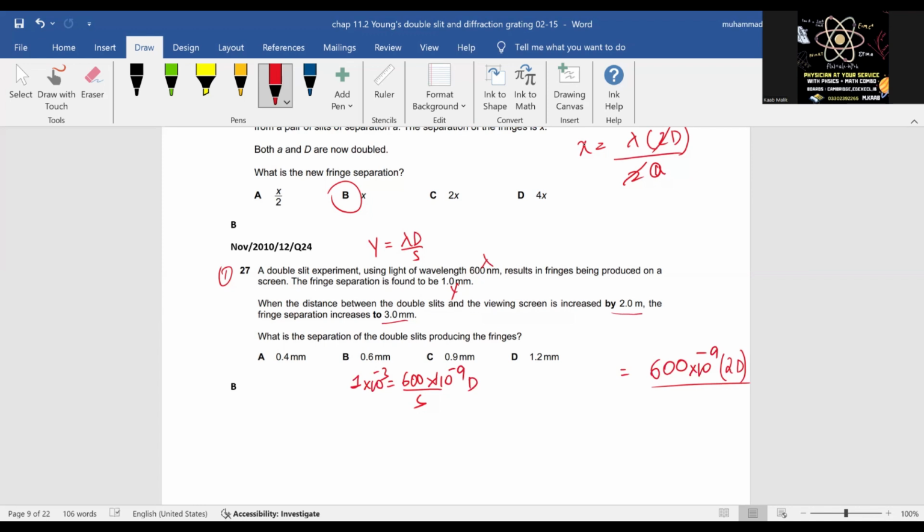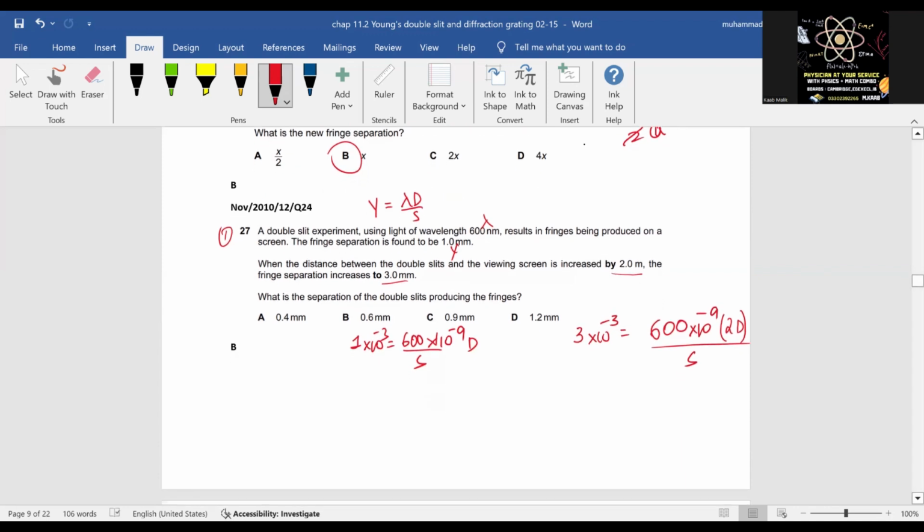The fringe spacing increases to 3 millimeter. So this becomes 3 exponent -3. What is the separation of the double slit? Okay, so सबसे पहले तो separation of double slit तो सेम ही रहेगी, तो सबसे पहले तो हम D निकाल लेते हैं, फिर वहां से ही निकल जाएगा। Let's try।